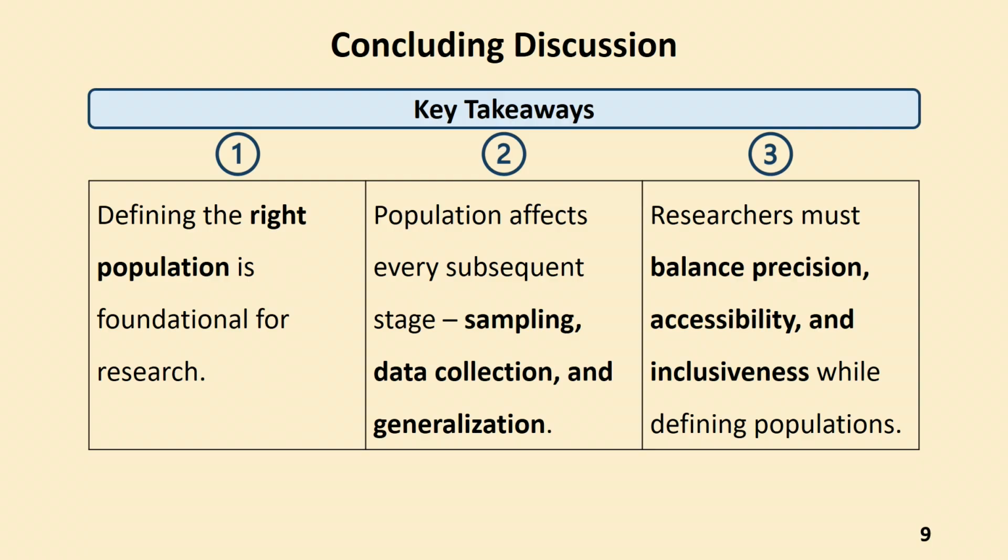Next is, population affects every subsequent stage: sampling, data collection, and generalization. This is interesting and important for a researcher to understand. ये एक शोधार्थी के लिए बेहद महत्वपूर्ण है ये समझना। आपका पॉपुलेशन जो भी है, उस पॉपुलेशन के आधार पर ही आप सैम्पलिंग करते हैं, आप उसी से सैंपल लेते हैं, आप उसी सैंपल के आधार पर डाटा कलेक्शन करते हैं, और उसी के आधार पर फर्दर जनरलाइजेशन, फर्दर सामान्यीकरण आप करते हैं। ये बहुत ही महत्वपूर्ण है एक रिसर्चर के लिए, एक शोधार्थी के लिए, जो भी रिसर्च प्रपोजल बना रहे हैं, कि इस सीक्वेंस को समझना बहुत जरूरी है।